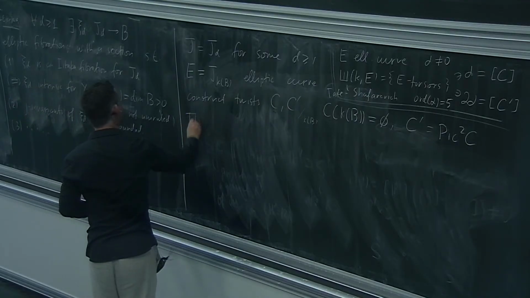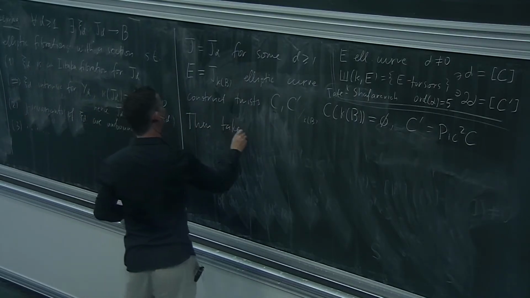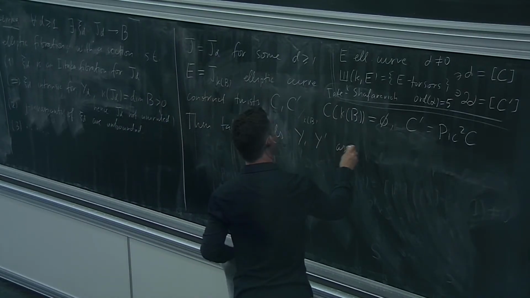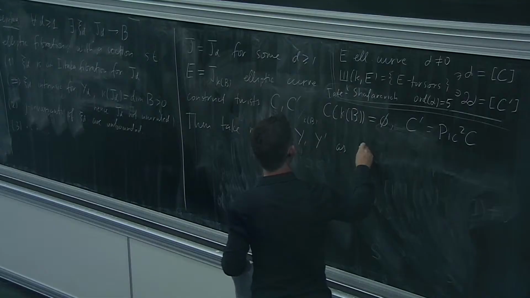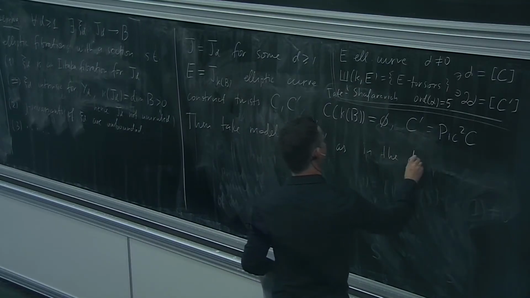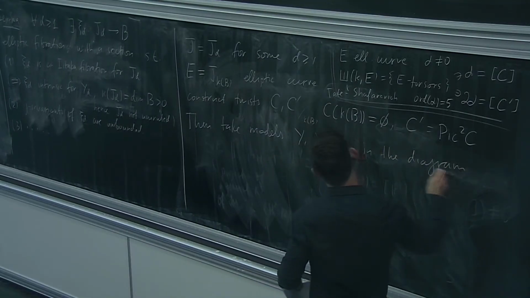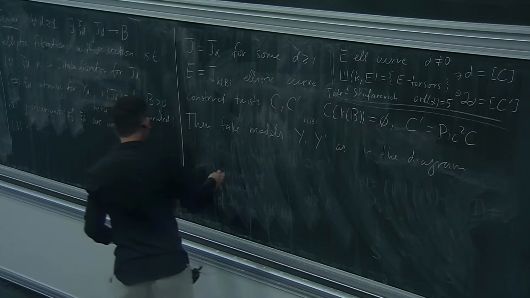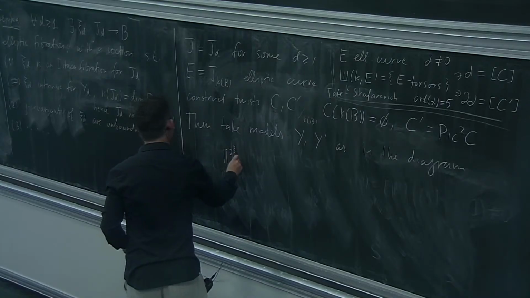So then take models Y and Y prime as above, as in the diagram. So the curve over this spreads out into some elliptic fibration. And then we're ready to go. So we just say that now we have